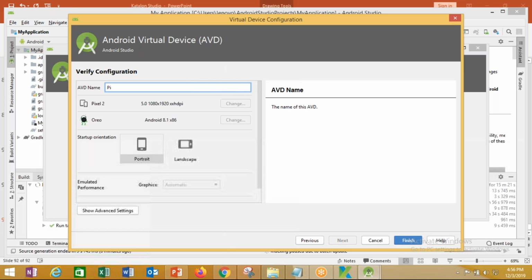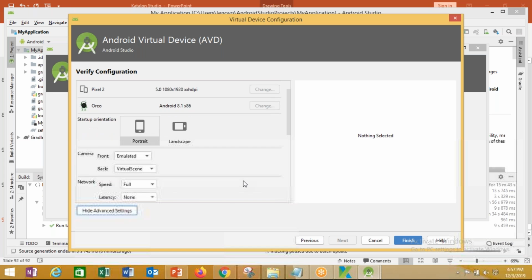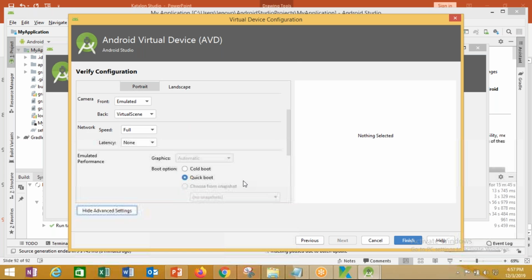Directly call this Pixel. You can change the name. Pixel 2 AVD. And this is Pixel 2 AVD with this resolution and DPI density, Android 8.1 portrait version. And you go to the show advanced section. You can go and check out